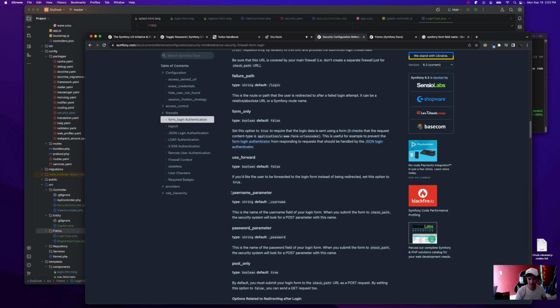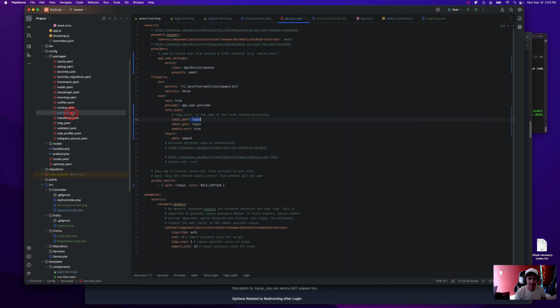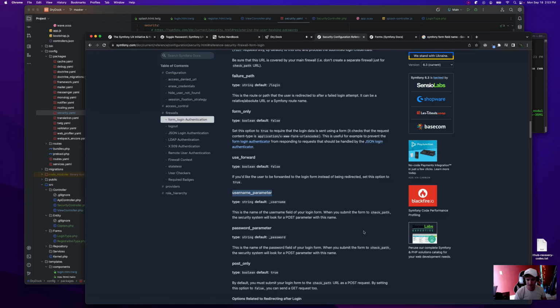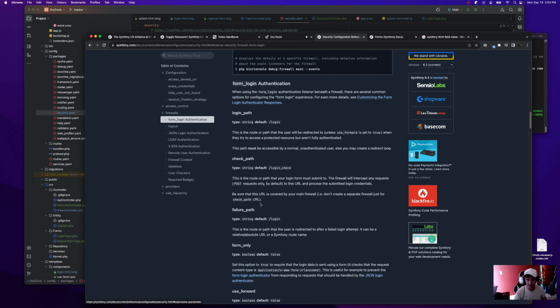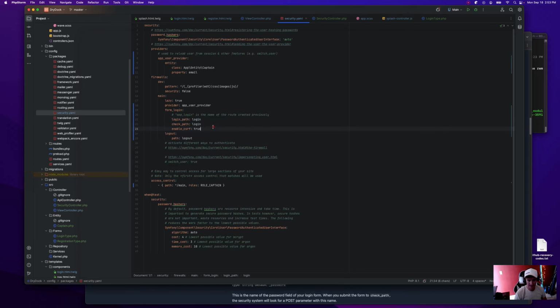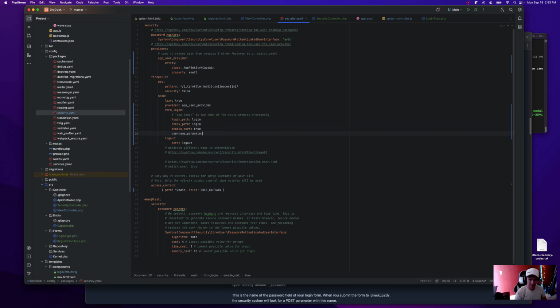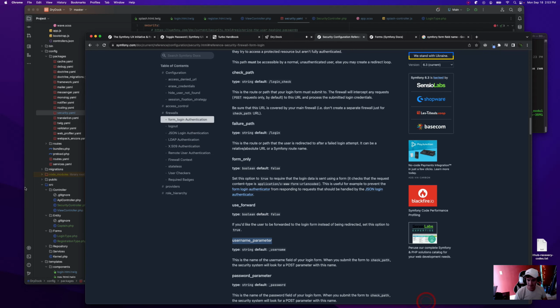Alright, we can just configure it. I didn't know that. I've written separate classes before to override it. But that's cool. That just goes, I'm gonna guess, under login path and all that stuff. So we'll just go like that. And username parameter and password parameter.